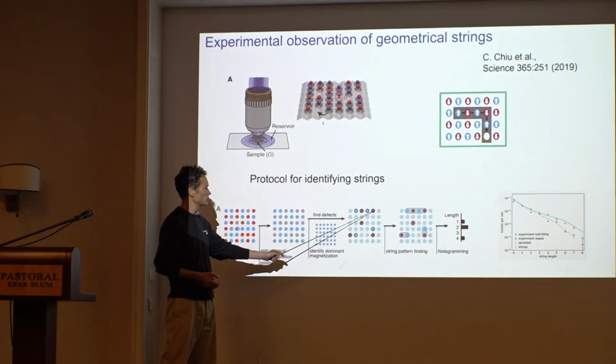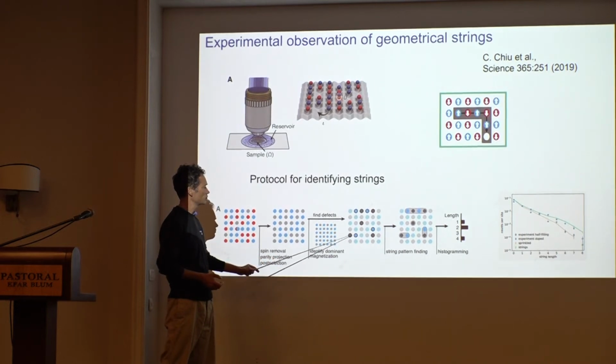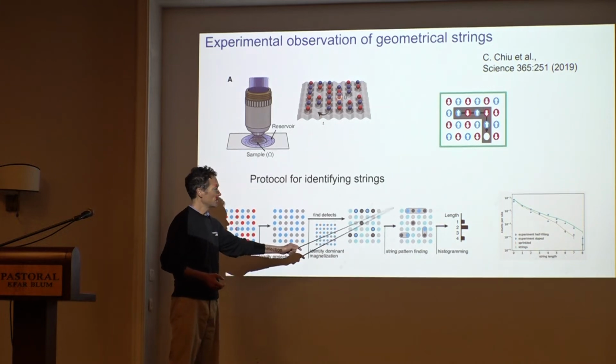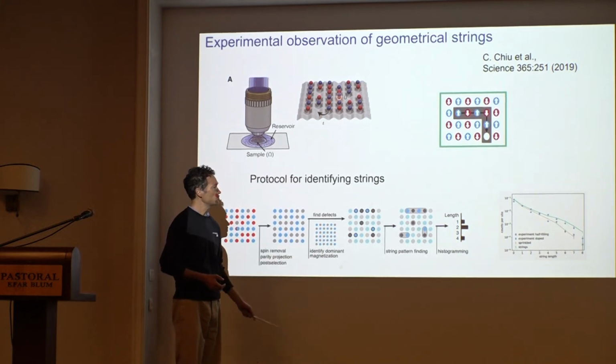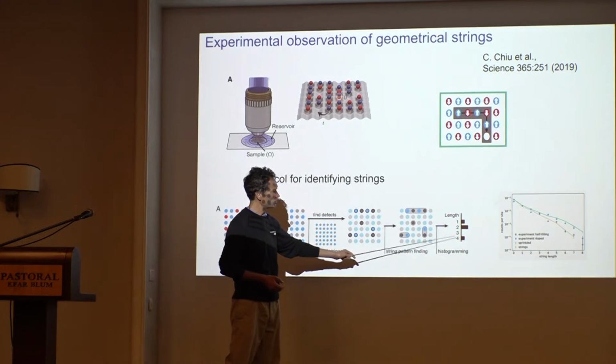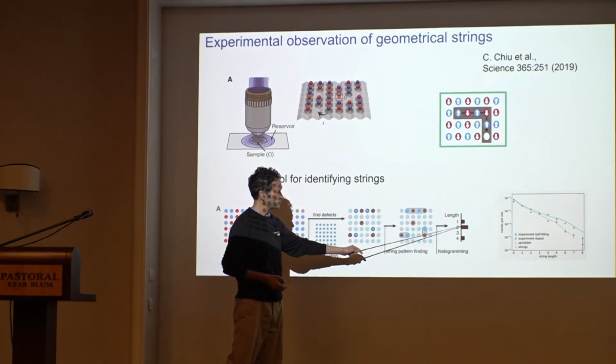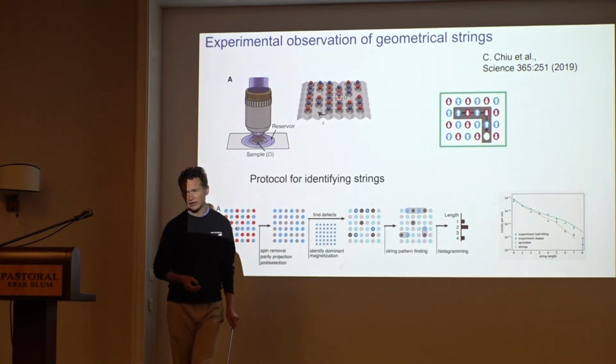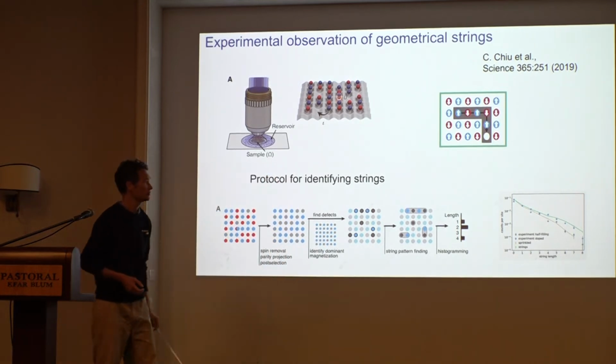Okay, so these are the 4 sites that are different, connected to each other. Here there is a pair of sites which are different from each other, so let's just call them strings. And we mark them in every image. And then we say that this image has one string of length 4, 2 strings of length 2, and 1 string of length 1. And then they plot the distribution of these strings as a function of length.